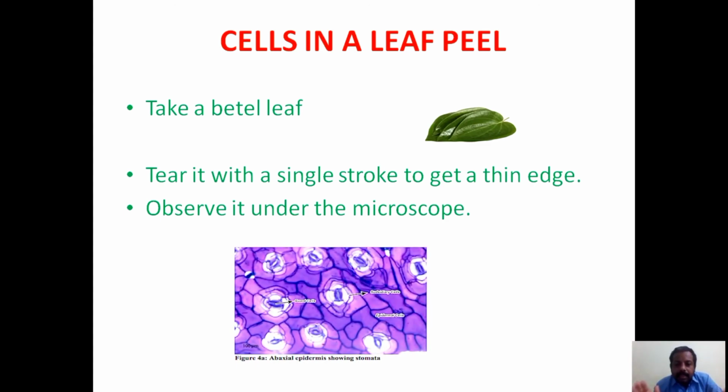You can clearly see the stomata on the cell, and you have already observed onion peel cells. Now you can observe the cells in the betel leaf. What do you feel? Are they alike? Of course they are not the same. Cells generally have almost the same function, but they are not similar in size or in structure. In the onion peel and the betel leaf peel, you have seen two different types of cells.